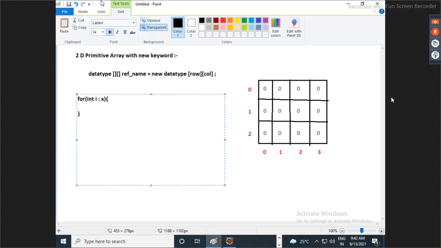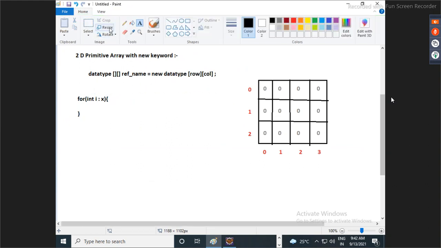Yes. Why? Because whenever, guys, you go to x, it will reach x and get what? The first row. It will give you the entire first row. Now tell me, is it possible to store 4 values in one reference? No. So who can hold 4 values?